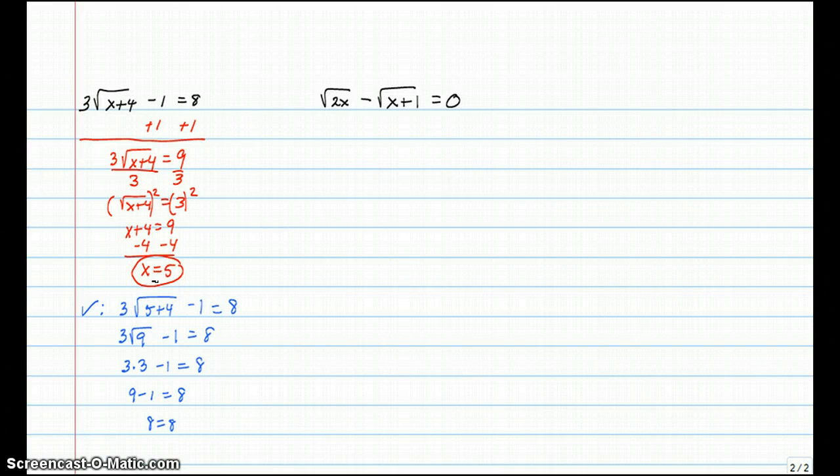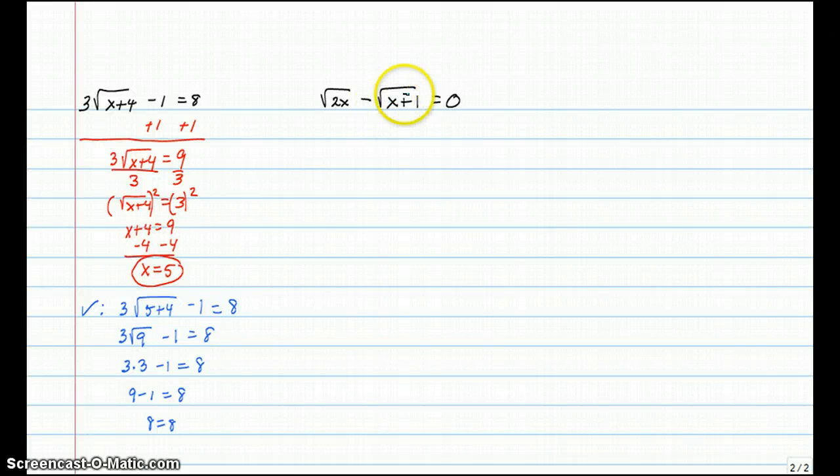Go ahead and write down this next problem. The square root of 2x minus the square root of x plus 1 equals 0. In this problem, you have 2 radical symbols. The easiest way to eliminate the radical symbols and then solve it is to